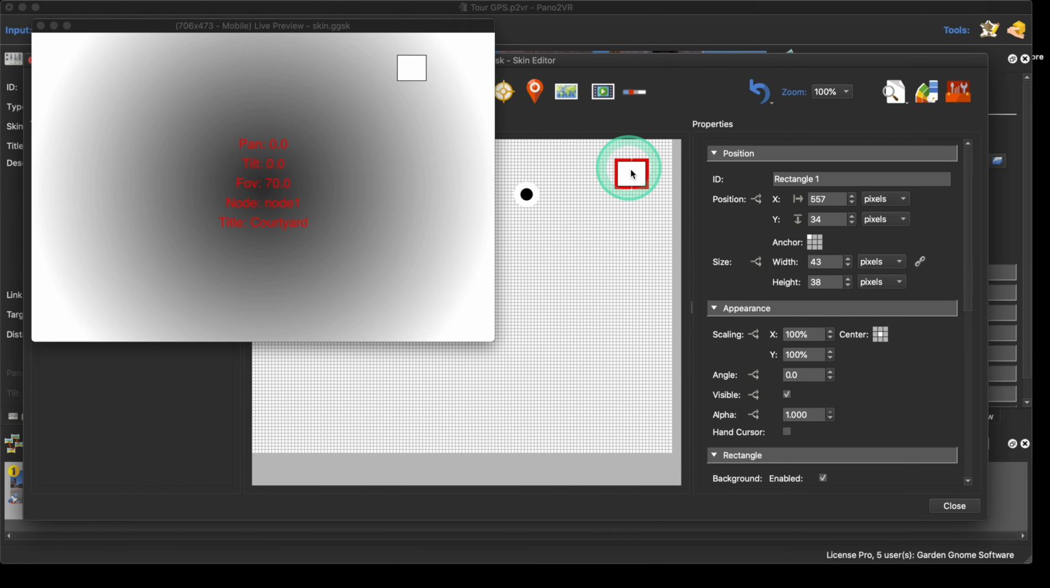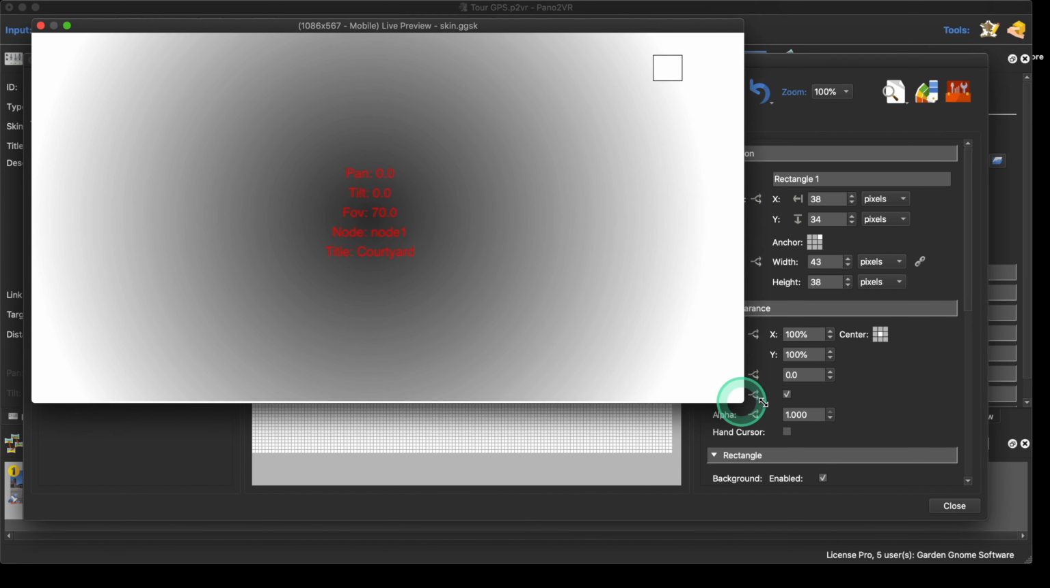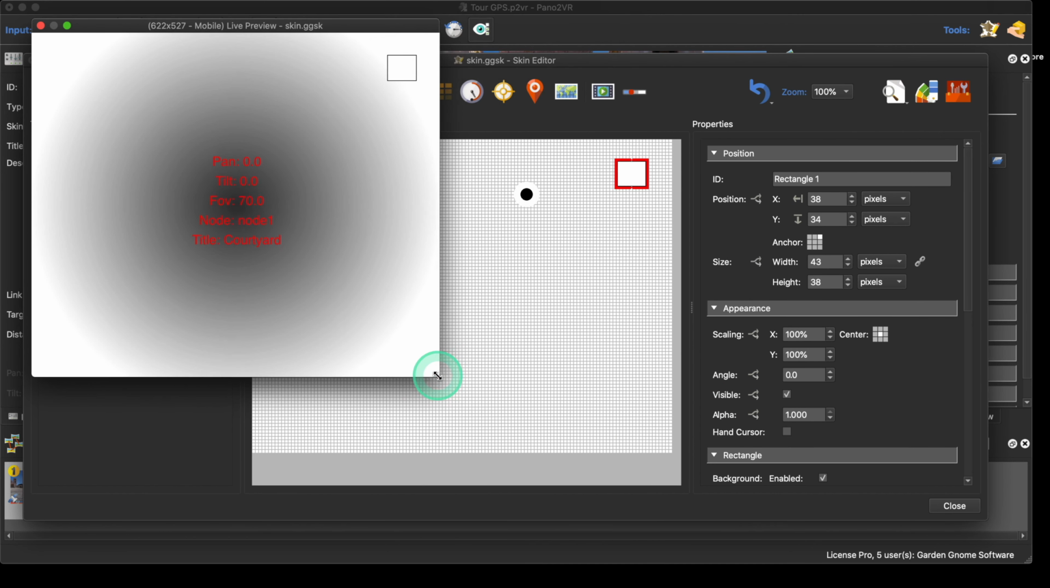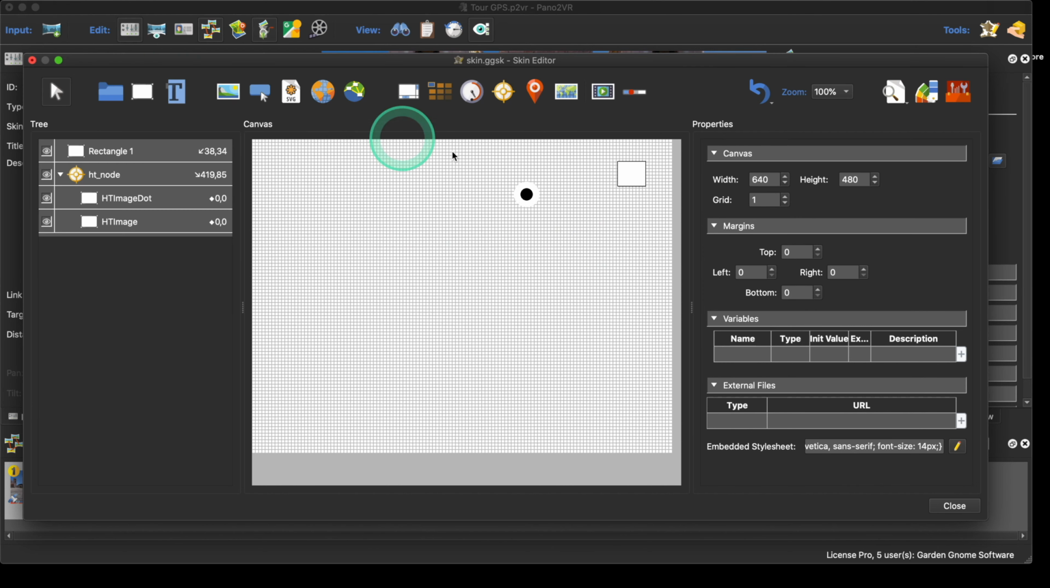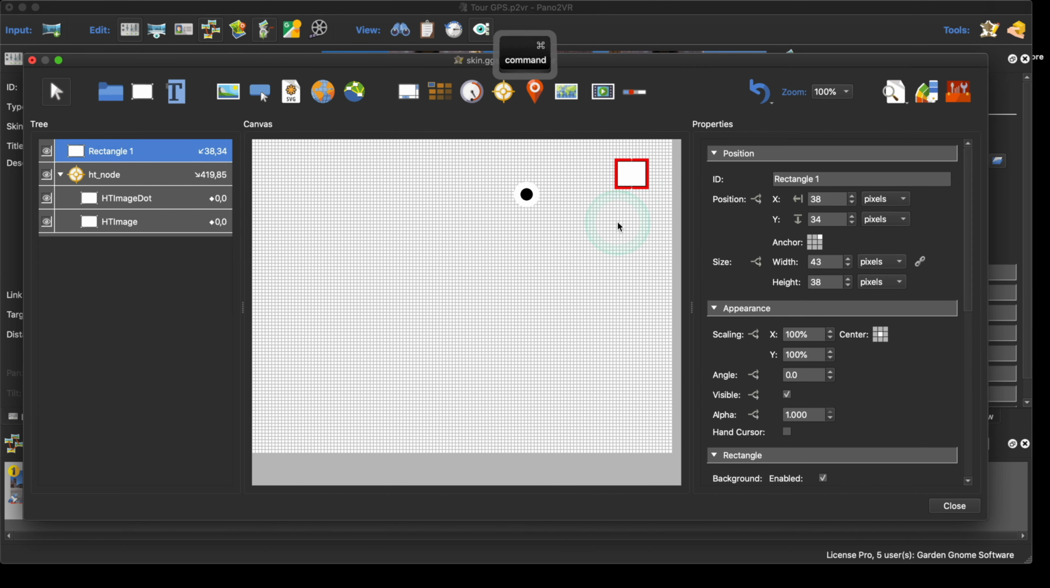If I was now to set this to the top right, so we now maintain a steady distance from the top right of the skin. So when I now move the preview, you'll see that it moves with it. Okay. So theoretically, well, I say theoretically, it's not theoretically at all, it's actual fact, if I copy this